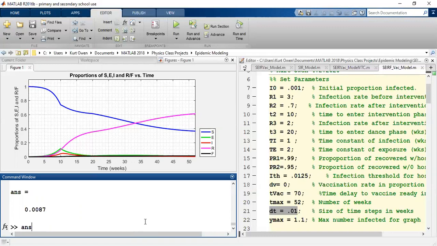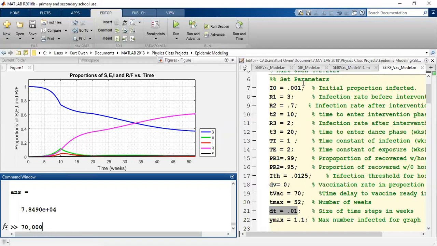So if we take the answer that we just got and multiply by 9E6, that's 9 million, that gives us a number, 7.8984, roughly 7.85 times 10 to the 4th. Now the key is the 10 to the 4th. That's 10,000. So right now that would represent 70,000 deaths. All right. We clearly have not had 70,000 deaths. So that's more than a factor of 10 too high. So something must be wrong in our code to model the current situation.